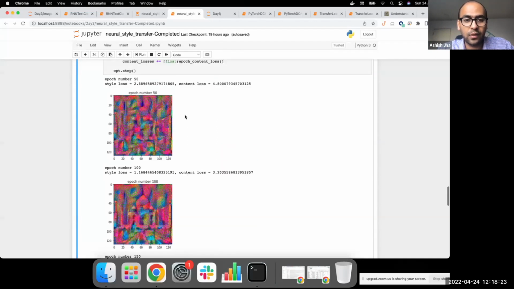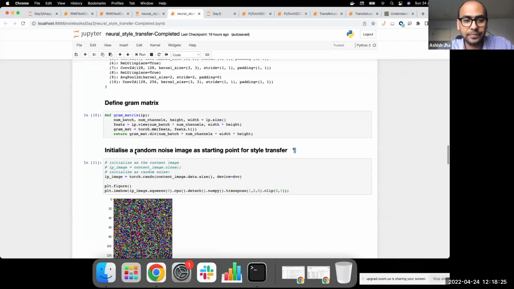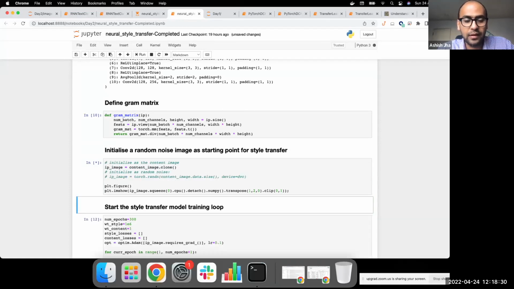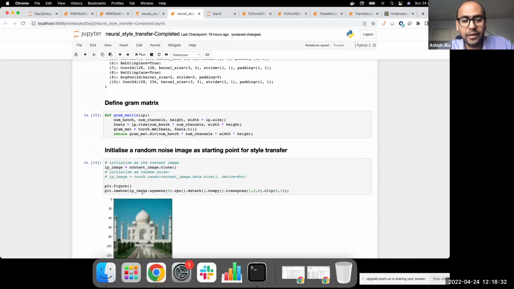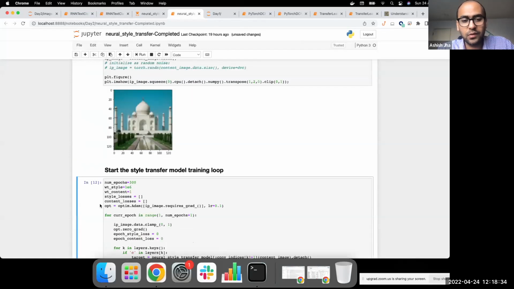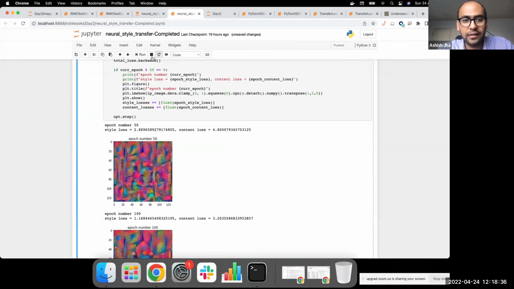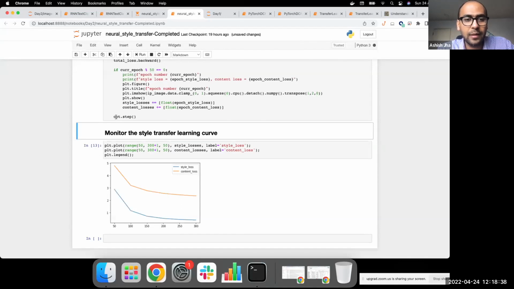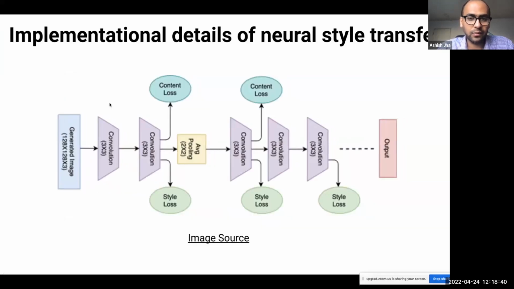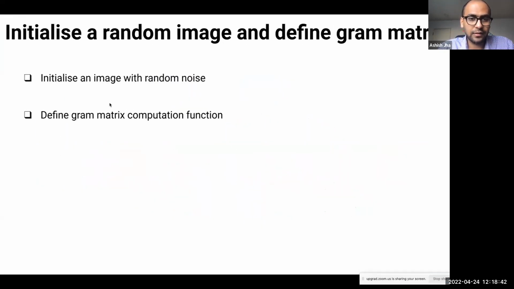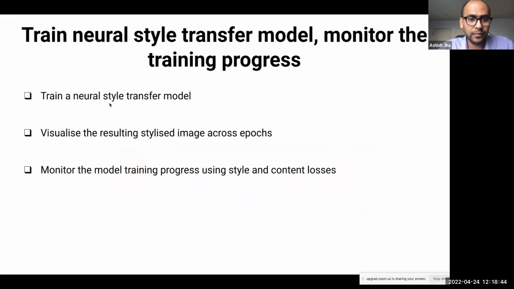If you start from the content image instead of the noisy image, you will again have a different set of results, and maybe I can quickly run that. But while we go and check those results, I have one last thing to show, which is that we can also monitor how the model training actually happened across the epochs.